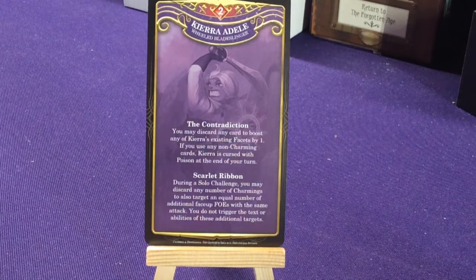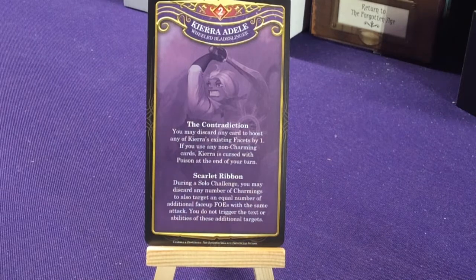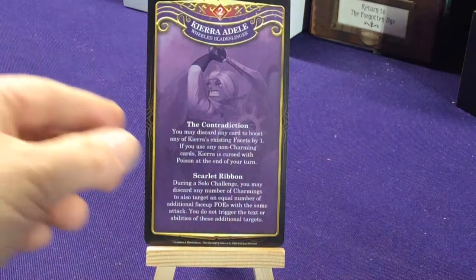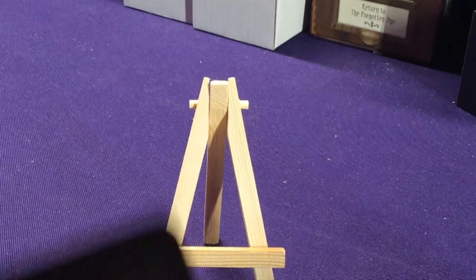Scarlet Ribbon. During solo challenge, you may discard any number of charming to also target an equal number of additional face-up foe with the same attack. You do not trigger the text or abilities of the additional targets. Ooh, that's pretty fun. So that'd be funny. You sit there and play those two, and we can play off against